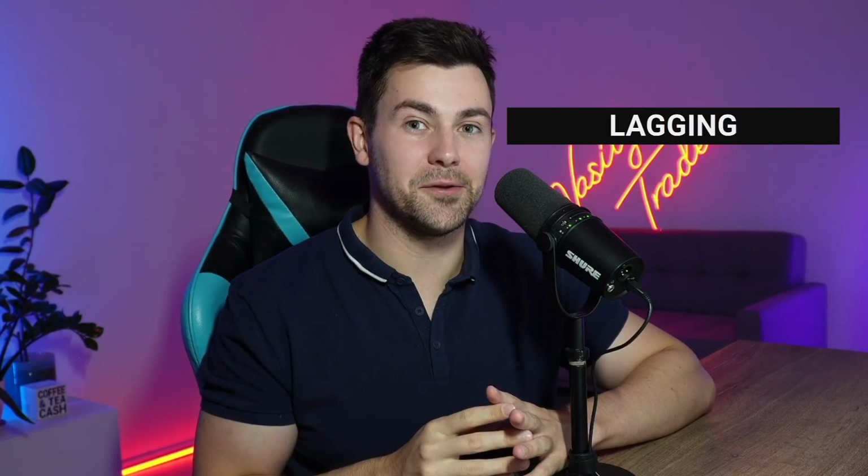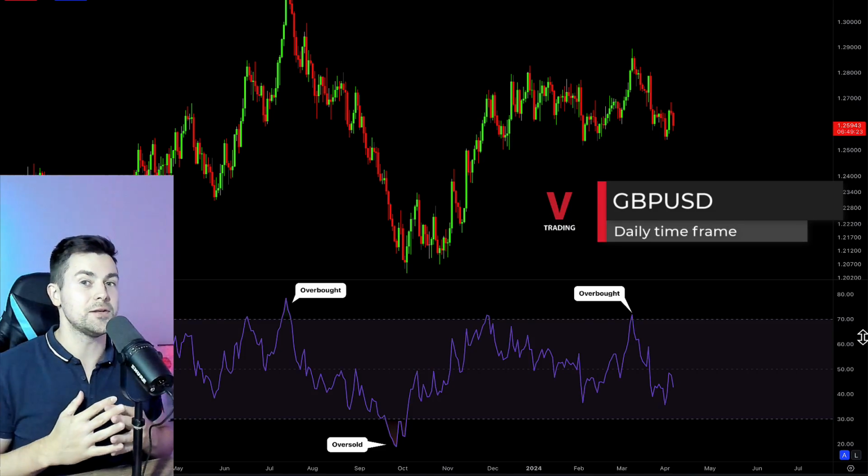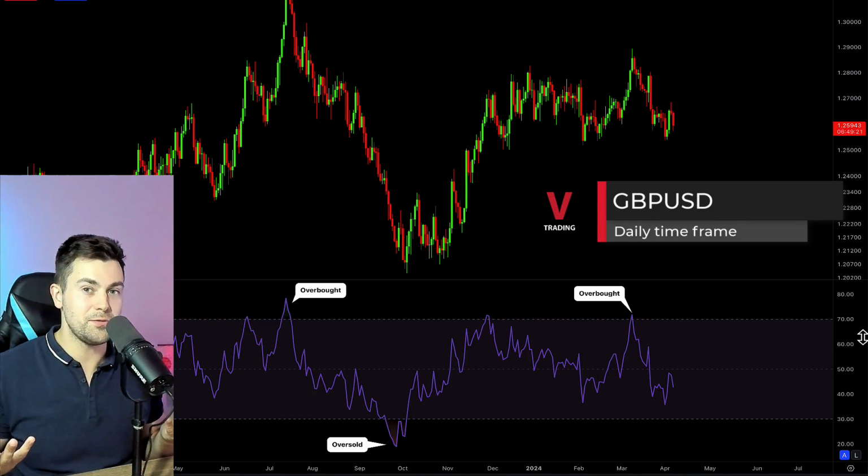While RSI looks very simple to use, there's one important element that many traders forget about. RSI is a lagging indicator. It means that it analyzes and reacts to the past price movements, and it does not predict the future ones. This inherent lag may sometimes mislead traders, especially when the markets are volatile or trade in a strong bullish or bearish trend. Relative Strength Index analyzes the price movements over a specific period of time and displays a score between